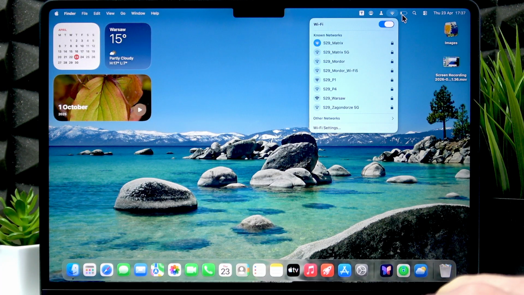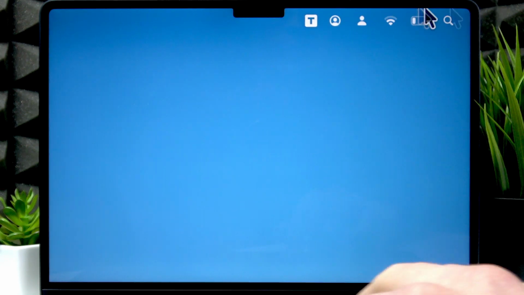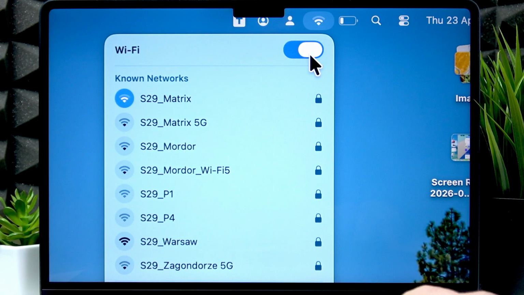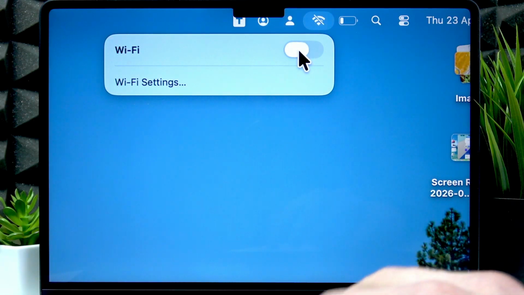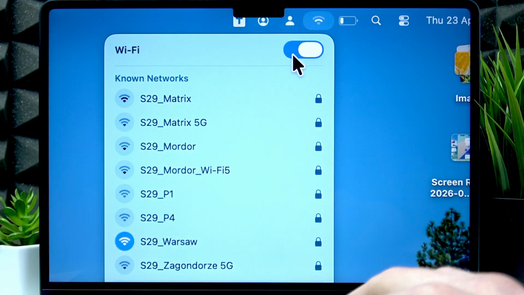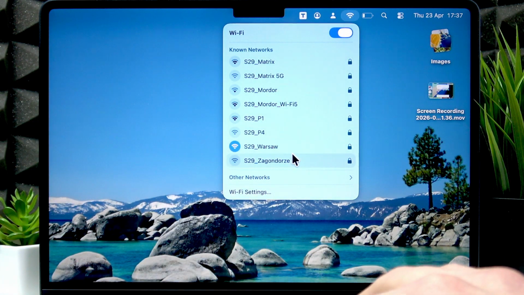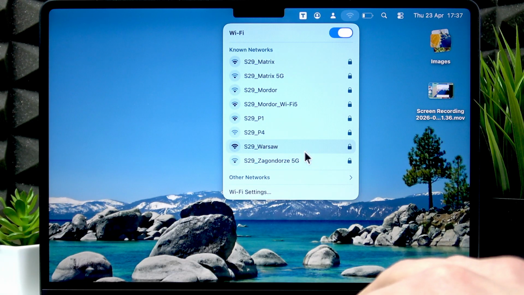Then open the Wi-Fi menu in the top right corner of your device's screen on the toolbar, and try disconnecting. Try disabling the Wi-Fi by switching the toggle to the left and then turning it on again. Now try to reconnect to your Wi-Fi network,